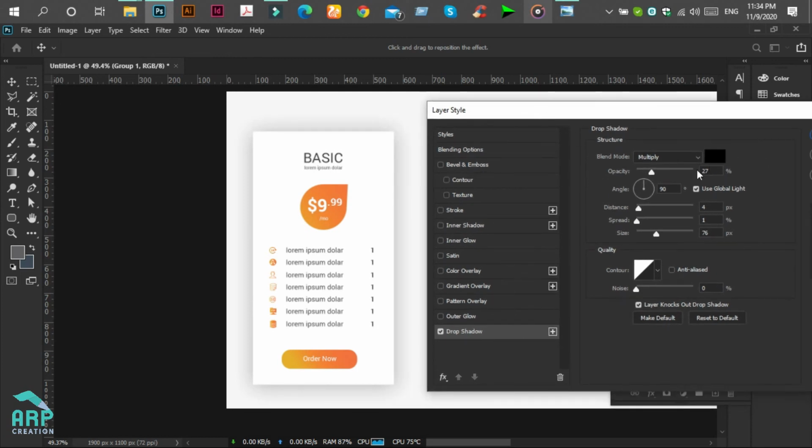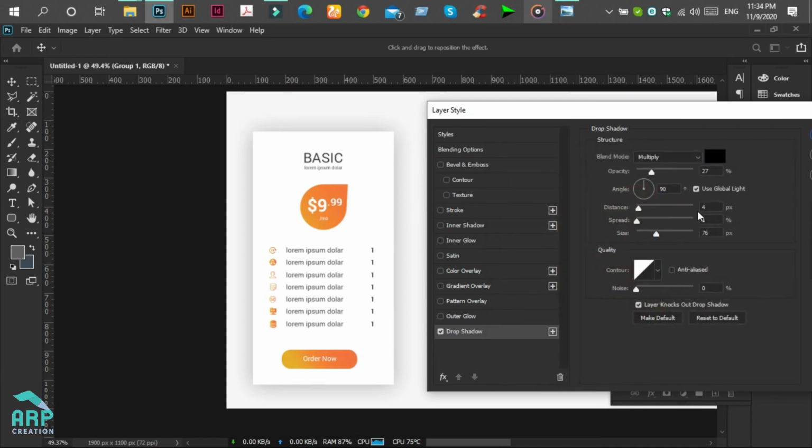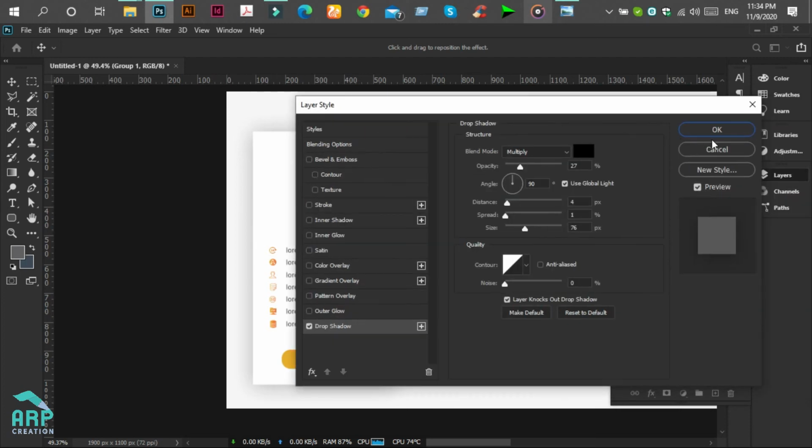The drop shadow opacity will be 27 and the color will be full black. The spread 1, distance 4, the size will be 76 pixels. The angle is 90 degrees. Then click on OK.